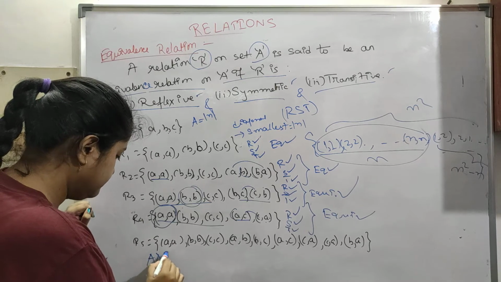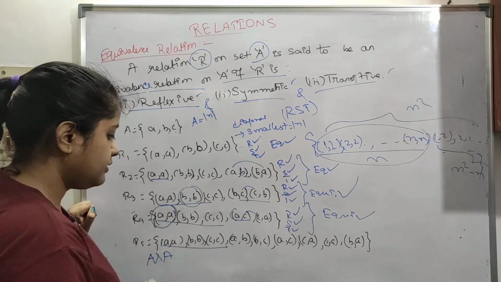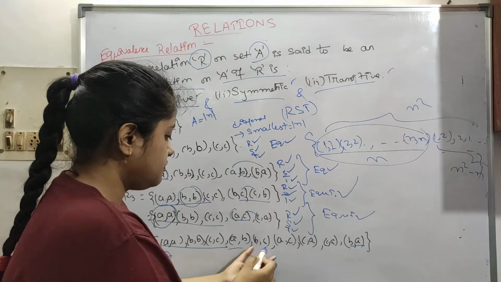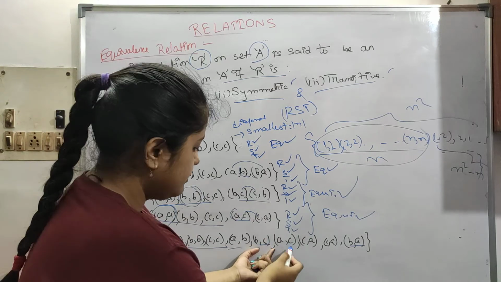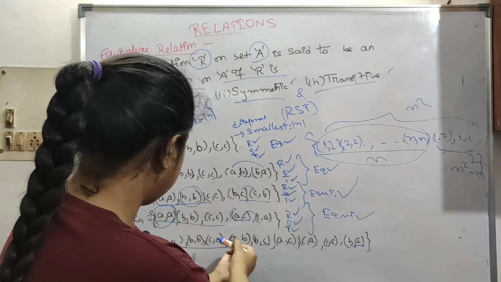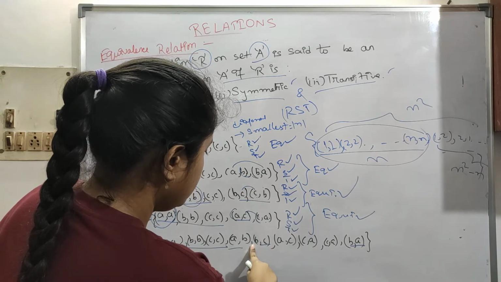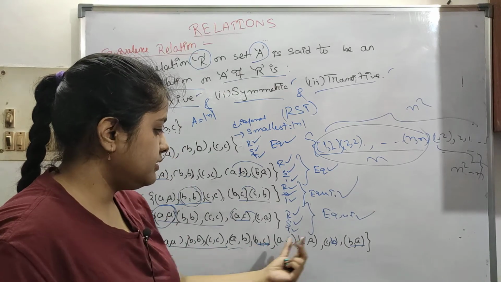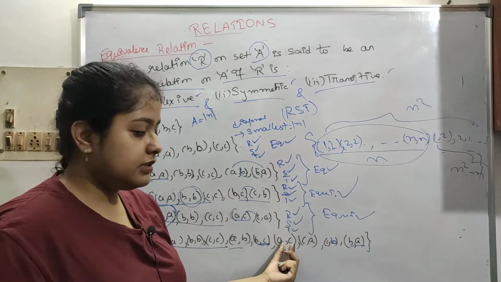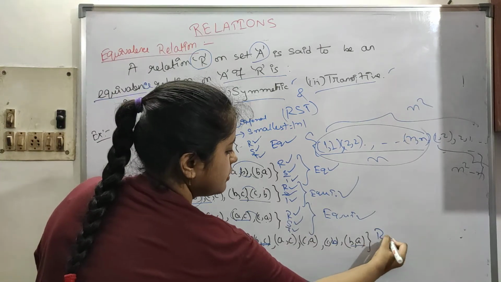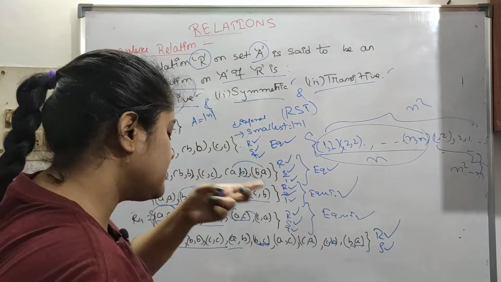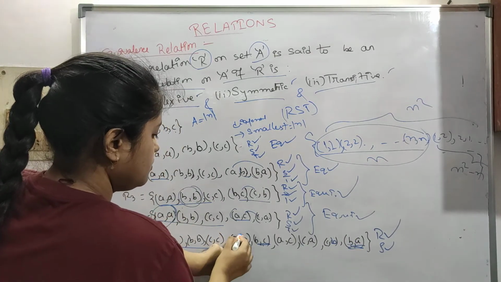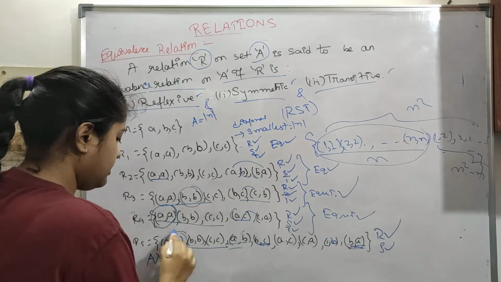Okay, now next, this is actually the whole thing, A cross A, everything is present. These are the diagonal elements. (a,b) is present; let's see if (b,a) is present or not. Yes. Like this we have to check: b is related to c, then c is related to b has to be present; I haven't written it down, I have written (c,a) twice, so this is (c,b). And then a is related to c, c is related to a. So it was reflexive and it is symmetric. For transitivity, (a,b), then check (b,a), so b is common, (a,a) has to be present, and (a,a) is already there.